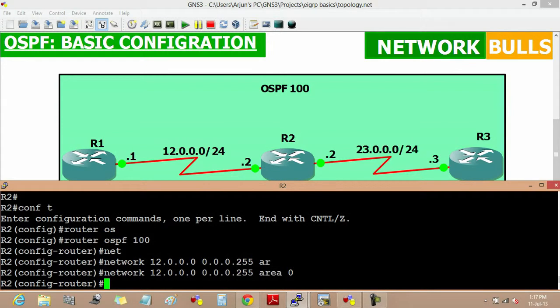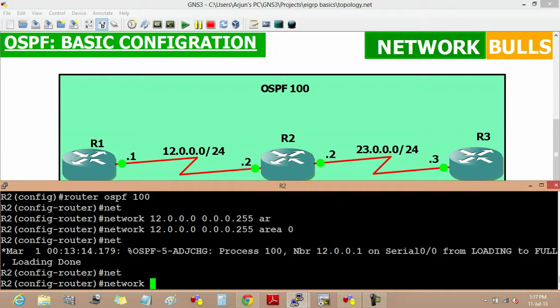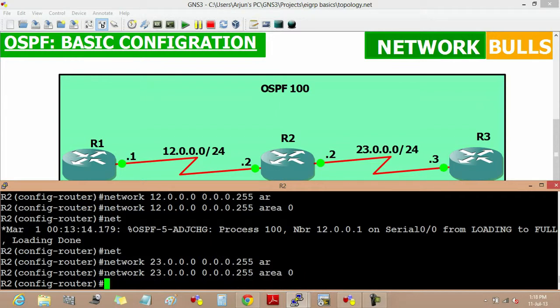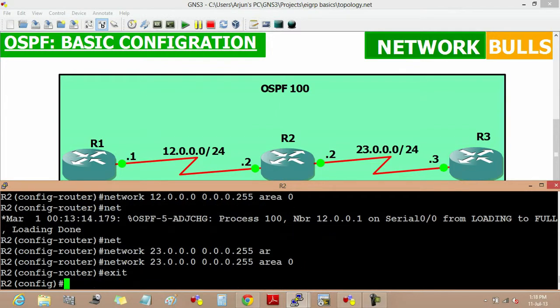Then enter. Then the other network on router 2 is 23.0.0.0. Then the wildcard mask 0.0.0.255. Then area 0. Now router 2 is also assigned to area 0.